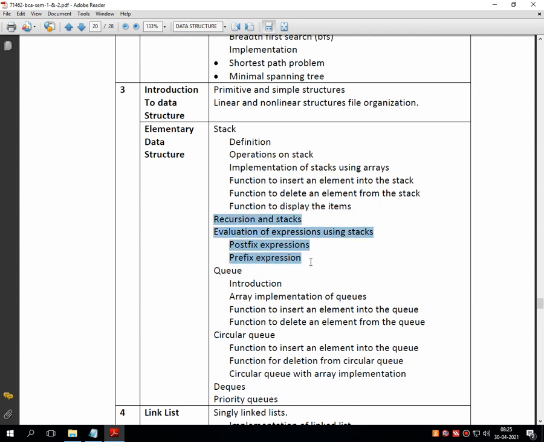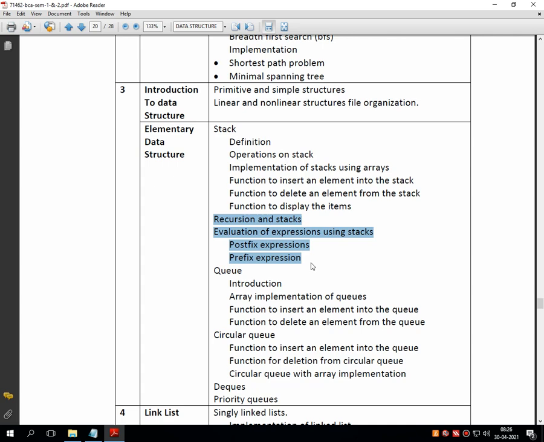Now in stack we can also implement the same operations using pointers. There is no rule that we can implement the operations of stack using only an array. We can also implement all these operations using pointers. But as far as the complexity of pointers is concerned, it's easy to implement stack operations using an array. Even it is a little bit easier to understand all those operations using a one-dimensional array.